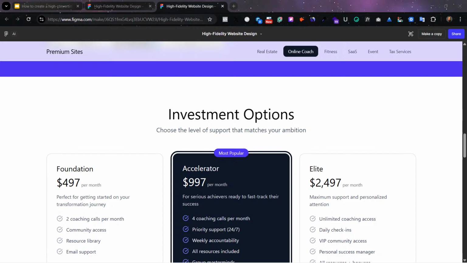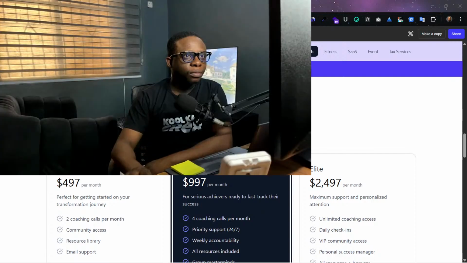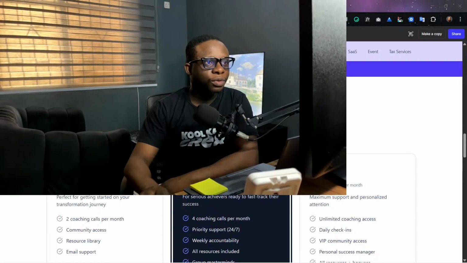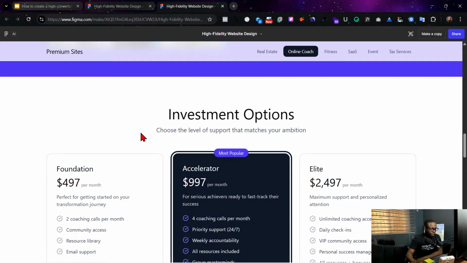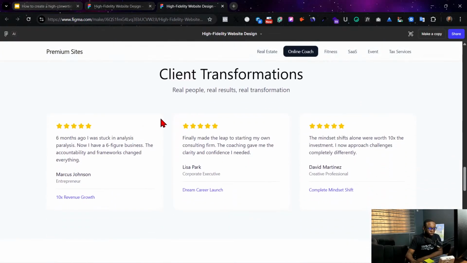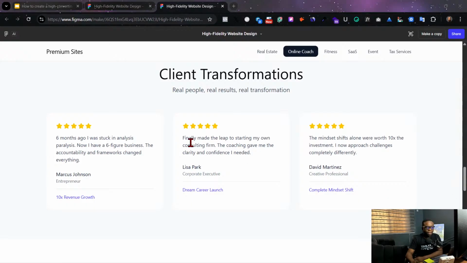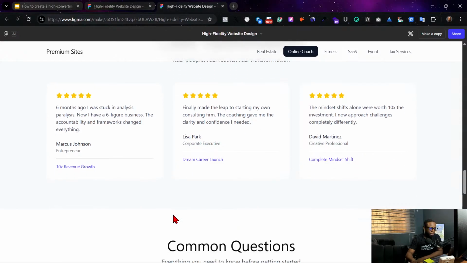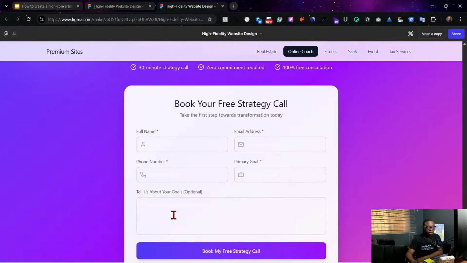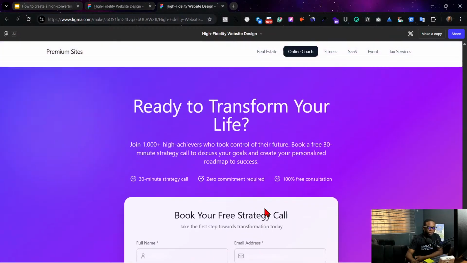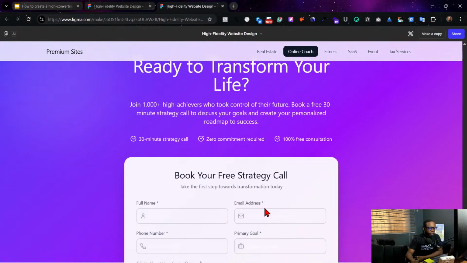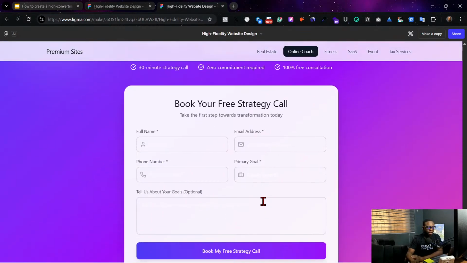Let me come down here a little bit. Okay, so I'm here with you. Then you can come here, you can see client transformation, right? Client transformation is also very, very important for coaches as well. Then if I come down here, we have common questions, and you can also see that there is also a booking form at the bottom, because the real call to action for this page is booking